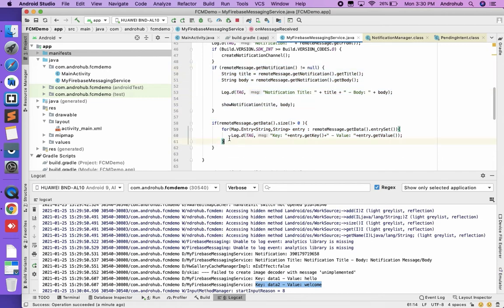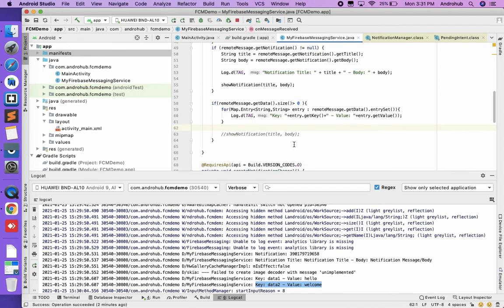So in that case you have to display the notification, then the same showNotification method you should be using over here, and you have to pass the title and body to display the notification. Okay, so right now from the FCM console we cannot send only the data payload, so that's why I cannot showcase that part.